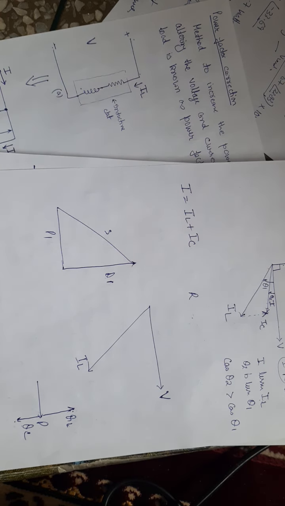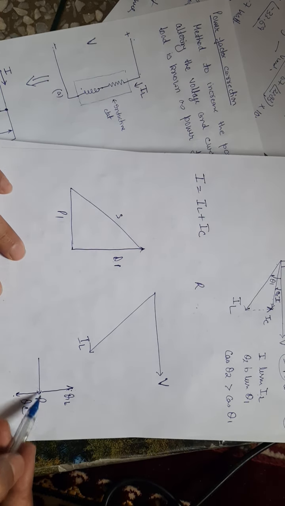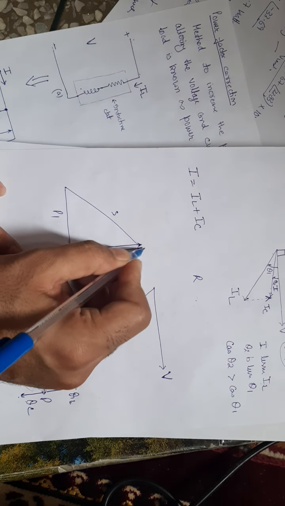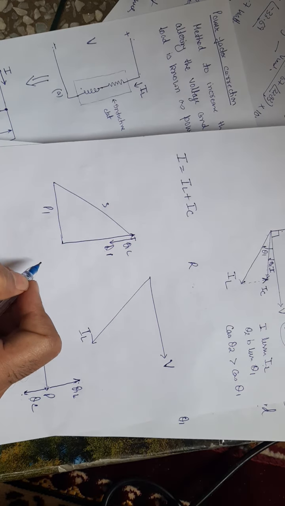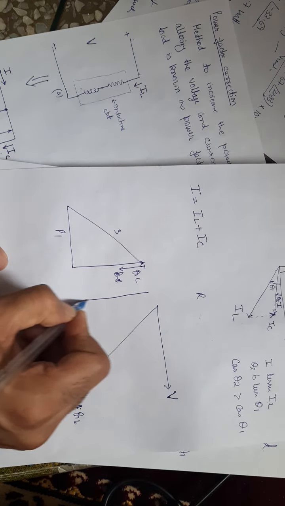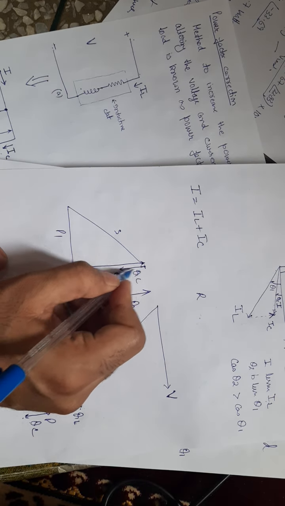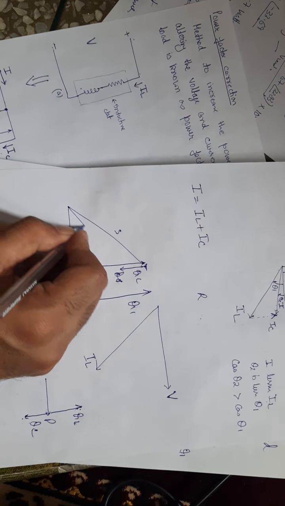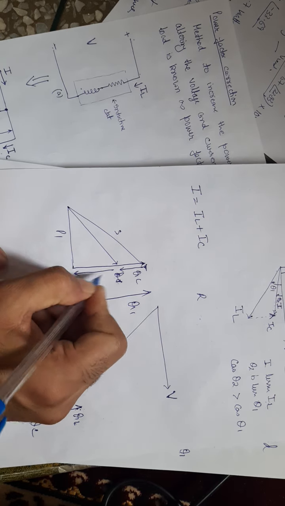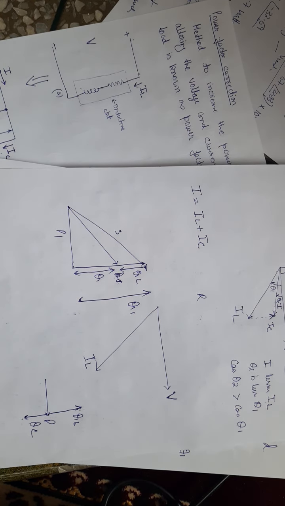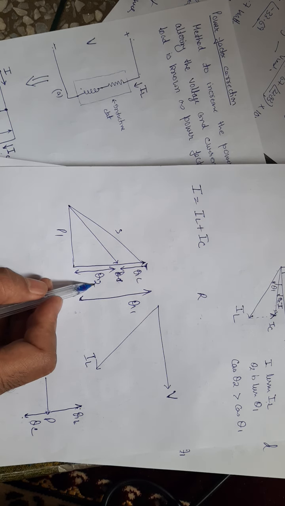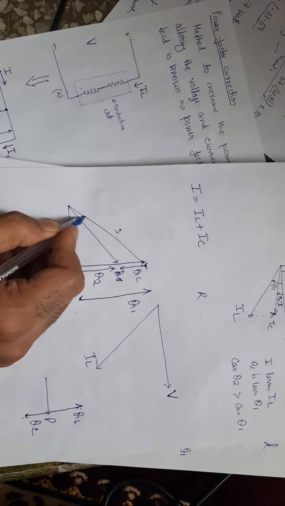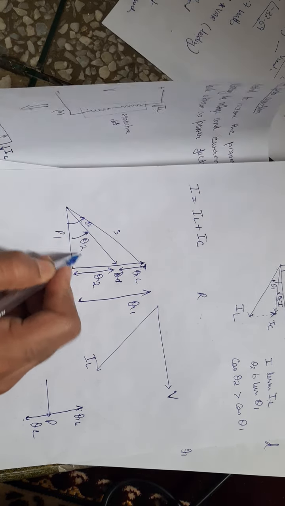Now what I am doing in figure B: this QC, what is QC? It is lagging. Suppose this is QC, it will be in this direction. This is Q1, and this is QC from this point to this point. This is leading, this is lagging. So you subtract these two, and I get this new one, which is nothing but Q2. Q2 is the reactive power absorbed by the circuit, because this much reactive power is provided by the capacitor. So this was my theta 1, this is my theta 2.